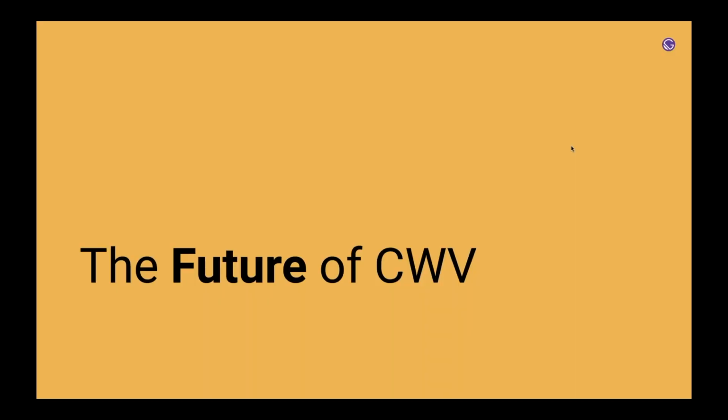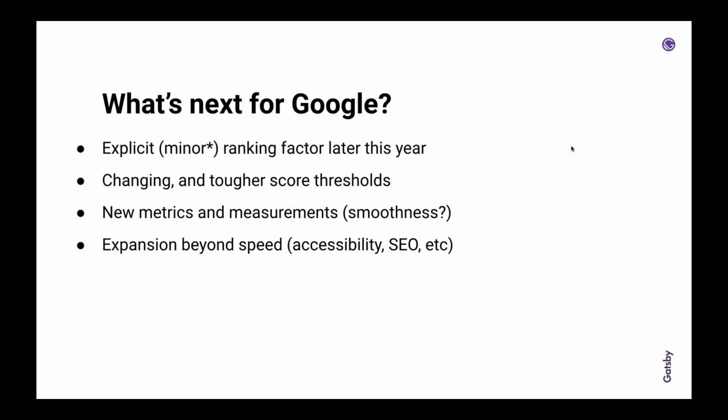All right, the future of Core Web Vitals, quick. What's next, right? These are the first three. I know Web Vitals came out about two years ago, I think, in a blog post. Core Web Vitals started last year in a blog post. What do you think is next on deck for Google and this user experience measurement?